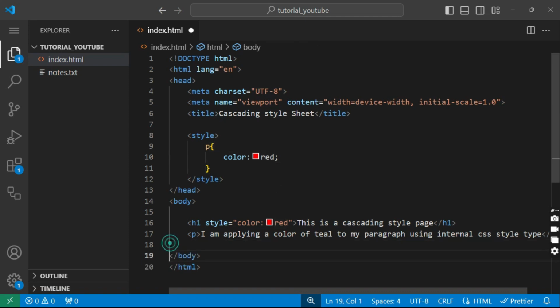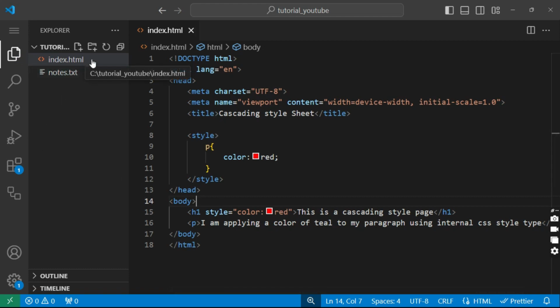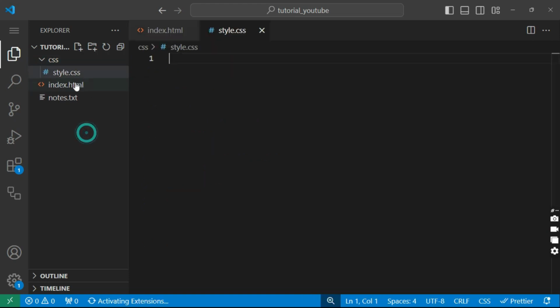So let's say I have more. I want to give the body of the page a color. So how do I do that? Using an external CSS style. So I just come into my folder. I can create a new folder called CSS. Then inside the folder, I create a file called style.css. So the extension of a CSS file is .css. Okay, so inside this, I can now